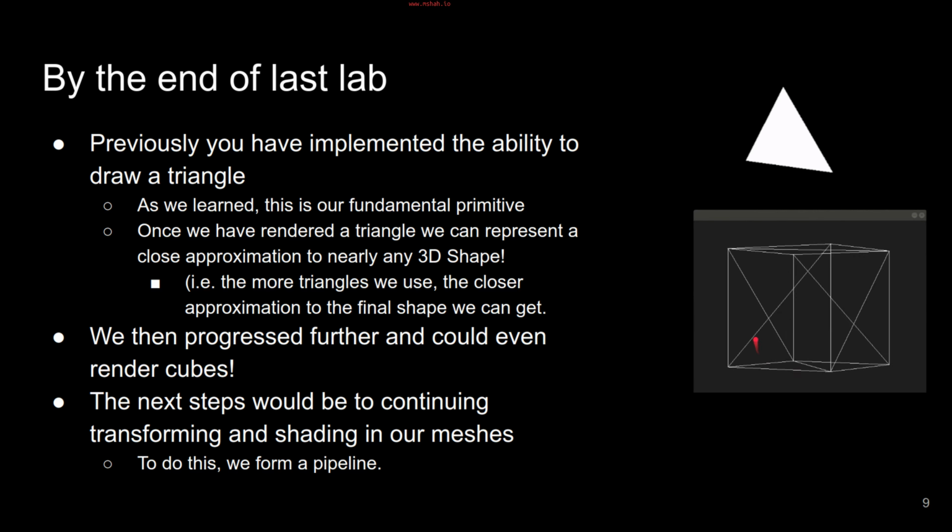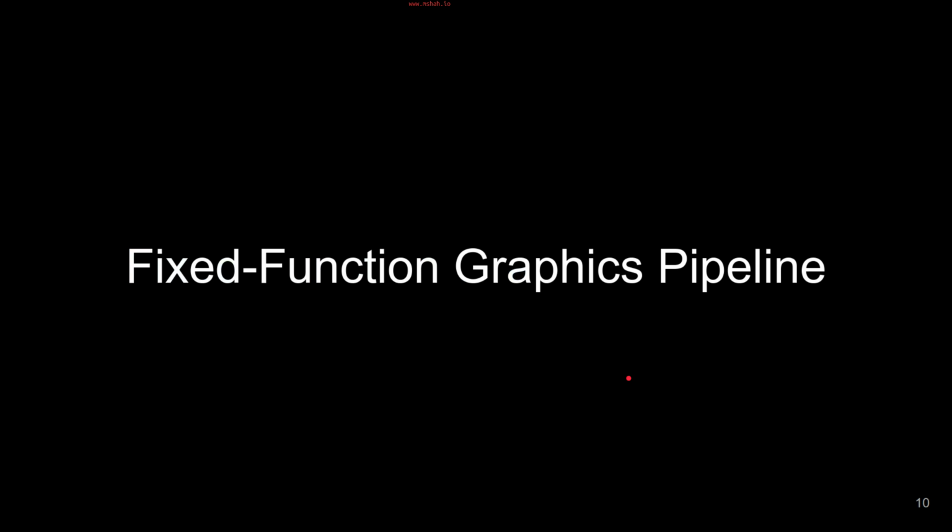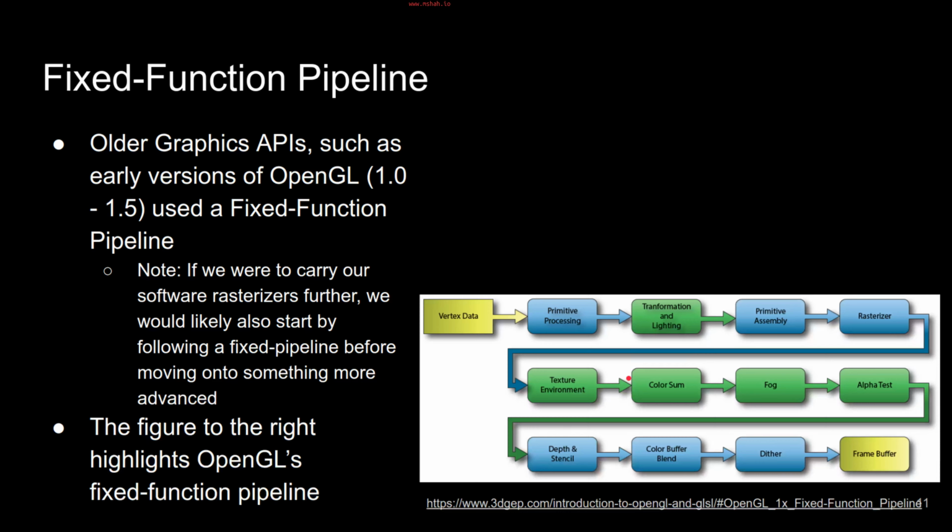Adding a more convenient abstraction for rotating, translating, and scaling, for example, would also be some other ideas. Okay, so just talking about the fixed function pipeline again. Older graphics APIs, old versions of OpenGL, use this fixed function pipeline, what we were essentially implementing here. If we continued with our software rasterizer, we would keep implementing each of these individual stages and build up some